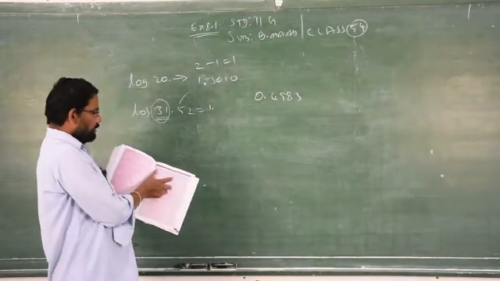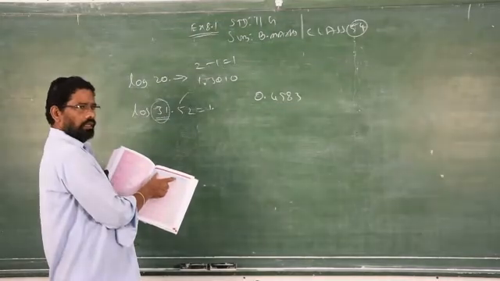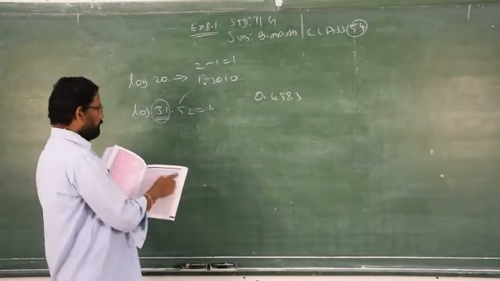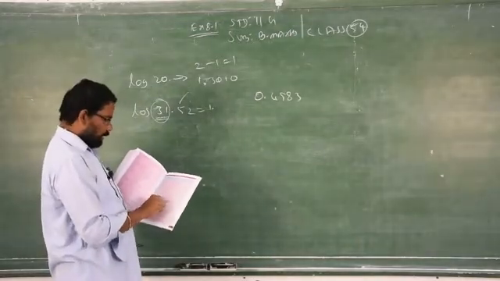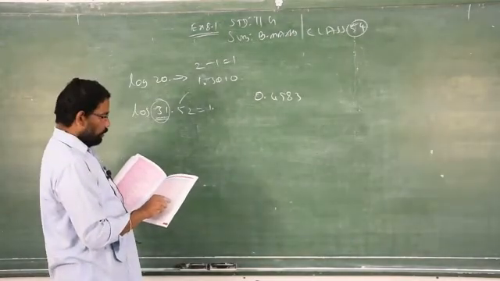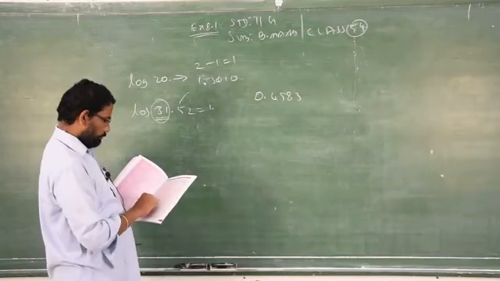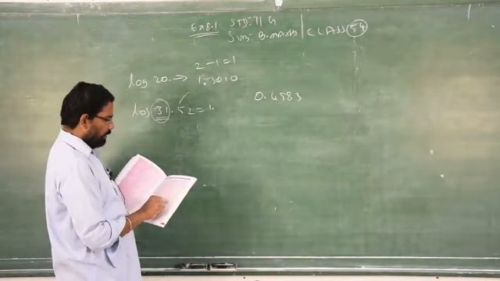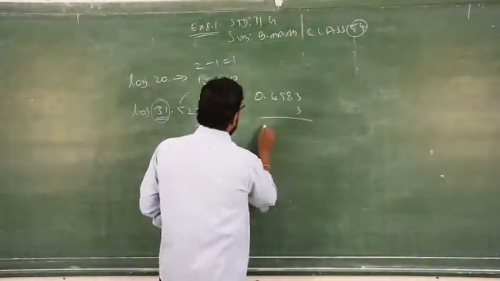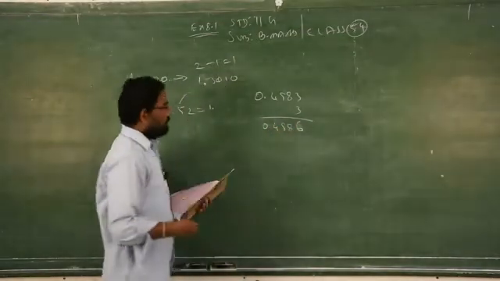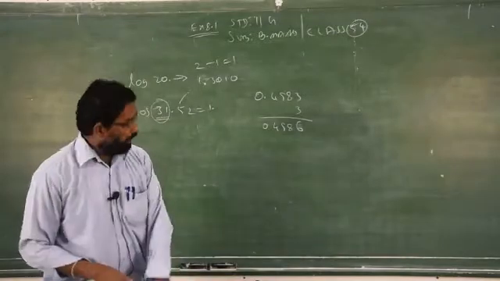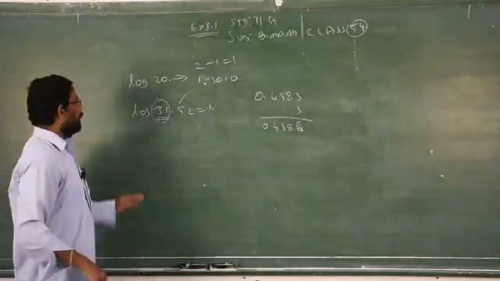Third digit you have to see from 0 to 9, that is called Mann-Star, and if it is the fourth digit you have to see under the mean difference. 31 under 2, it is given 3, so just you have to add. 0.4986. Boys, you have to take your logarithm page and check how to find out. Clear?